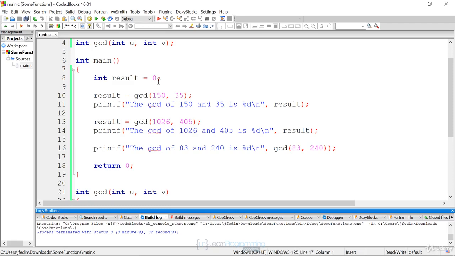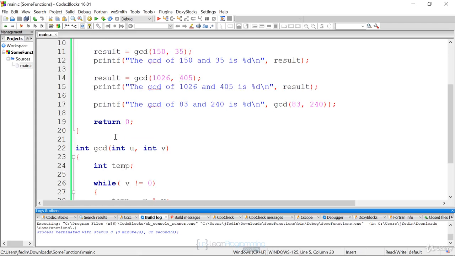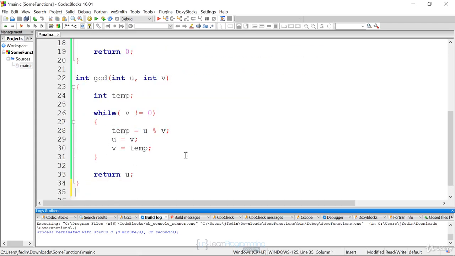Let's create another function called absolute value. The absolute value function is going to return a float and take a float. It's going to be a very simple function. So we're going to declare the function up on line 5. We're going to say float absolute value, that's a name, followed by the parameters, and we're just going to say float x, and then we're going to end with a semicolon. Again, notice the function declaration, the return value, the parameters, specified with data types, and then the name of the function. We can then go ahead and define this function below the GCD function,